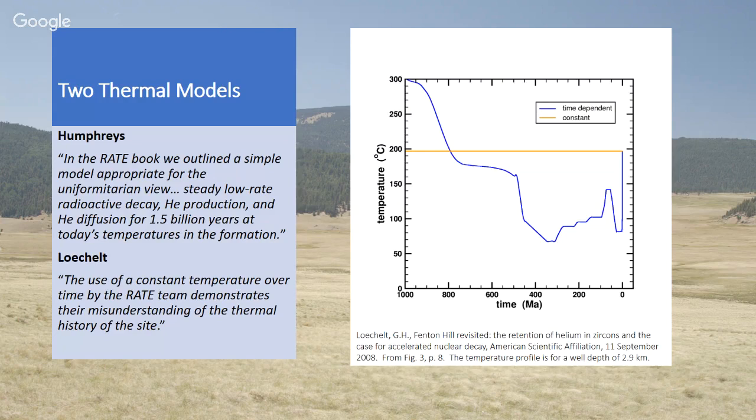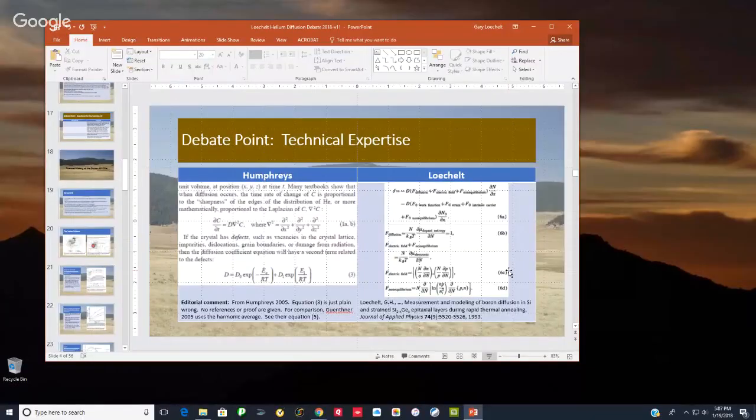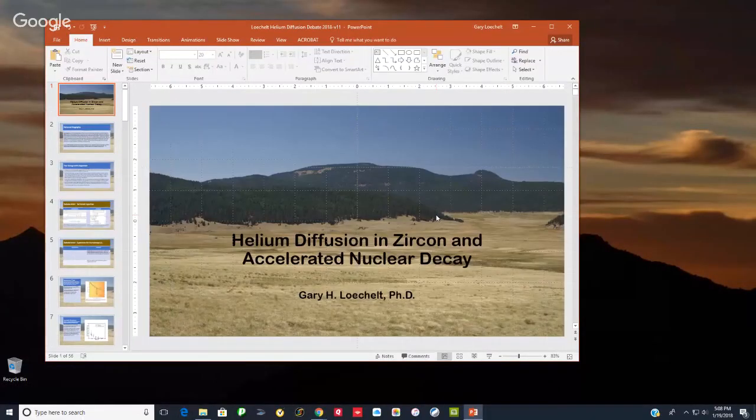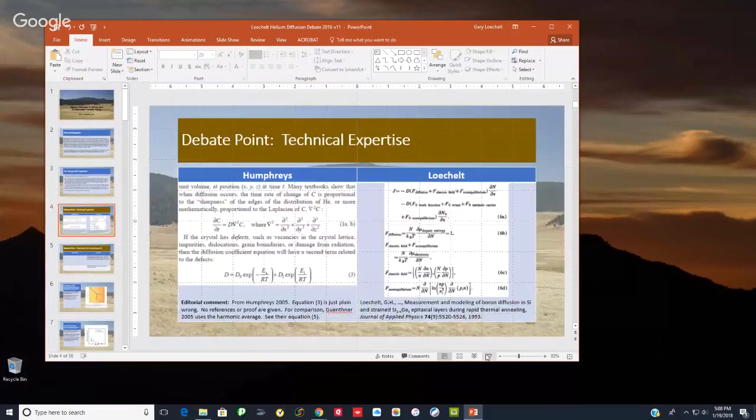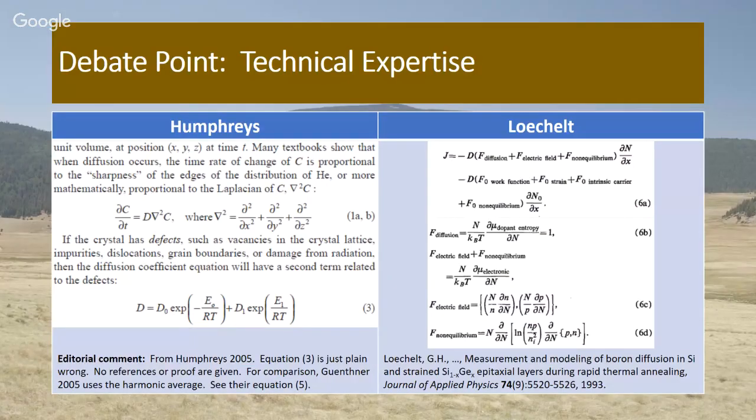Also, back in Formula 3, what Humphreys did was he developed the Arrhenius equation, which is the activation energy. He split up his curves into intrinsic and extrinsic, and he took the Arrhenius equation for the intrinsic and added it to the extrinsic, and then summed those up. That's why he adds those two together. And again, Gary's saying that's invalid.